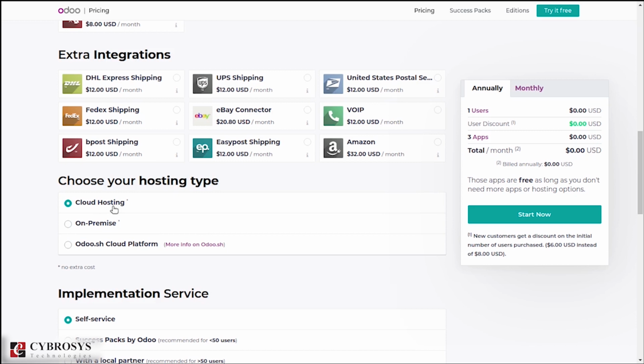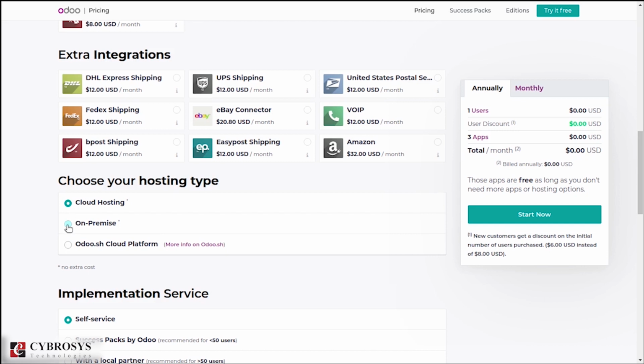So cloud hosting, or we can say Odoo Online. Odoo Online basically follows the SaaS model, that is based on the cloud system. It is basically used for small scale businesses that do not demand customization, because Odoo Online does not support module customization. For example, if you want any kind of third party integration or customization, there is no way to do it with Odoo Online. For this itself you have the different plans. Basically the cloud hosting or Odoo Online is free.